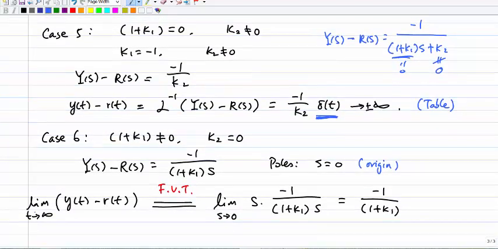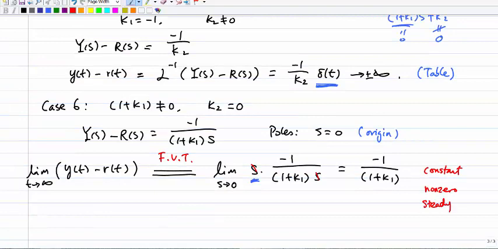So I still can apply the final value theorem to compute the limit of y(t) minus r(t) as t goes to infinity, which is the limit as s goes to 0 of s times (Y(s) minus R(s)), which is negative 1 divided by (1 plus k1) times s. So this s will be cancelled out. So I have negative 1 divided by 1 plus k1. So it doesn't matter what s value we select. So basically I have negative 1 divided by 1 plus k1. So this is a constant, we say non-zero